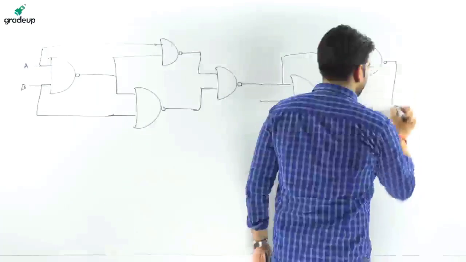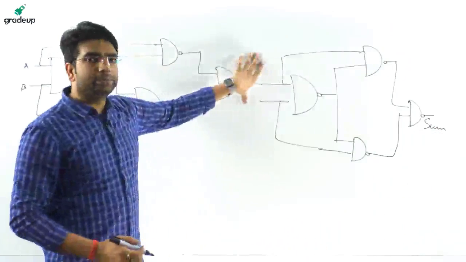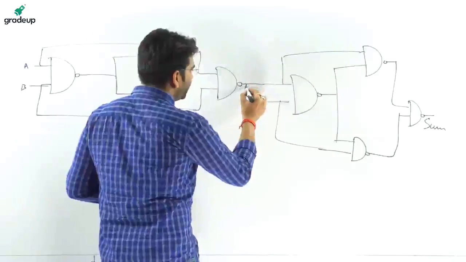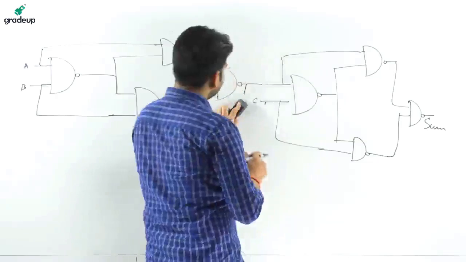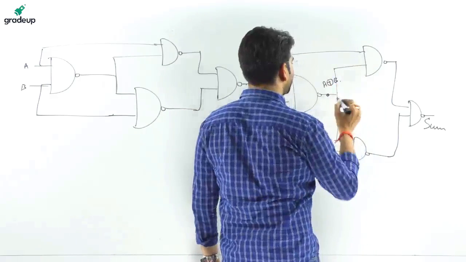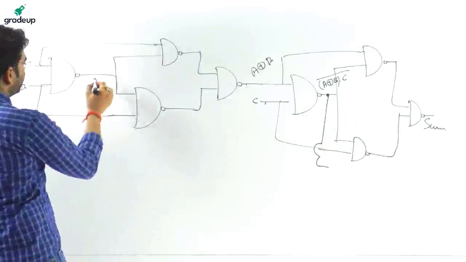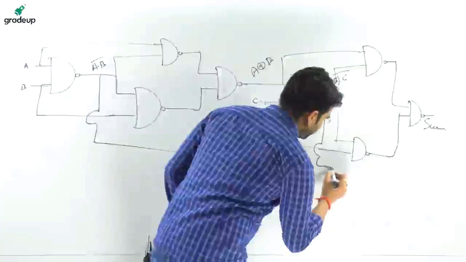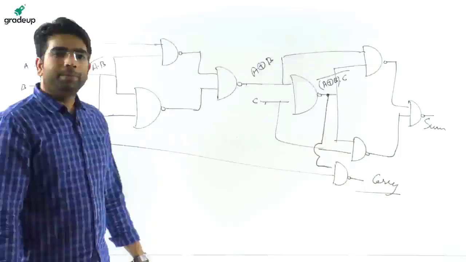So at this place, you are going to get some expression: A XOR B at this place, A XOR B XOR C at this place. Now to find A XOR B into C plus AB, we have A XOR B at this place, and A XOR B dot C. Tap it from here, plus AB, tap it from here, it was A dot B bar. So tapping both of these and bringing them here to make a function, you will get the output of carry, A XOR B dot C plus AB.